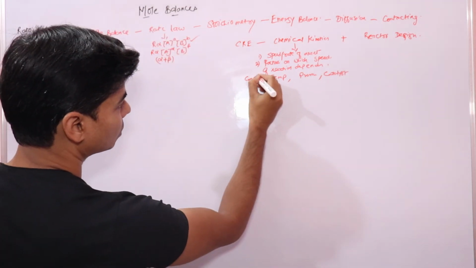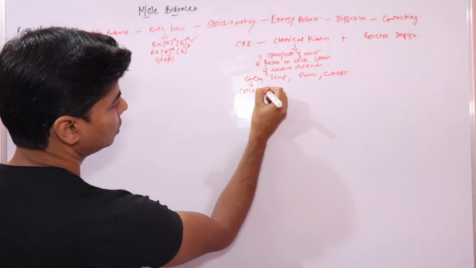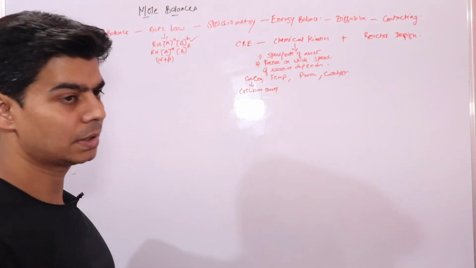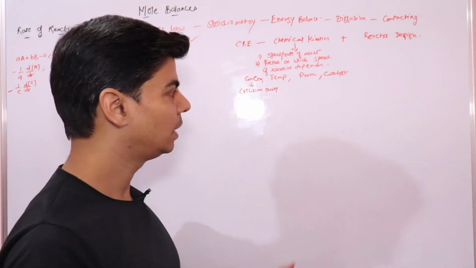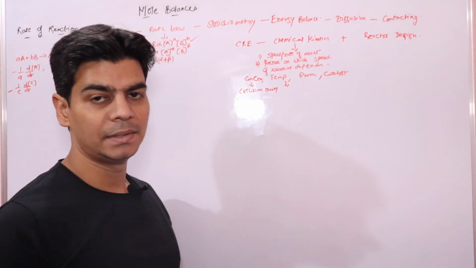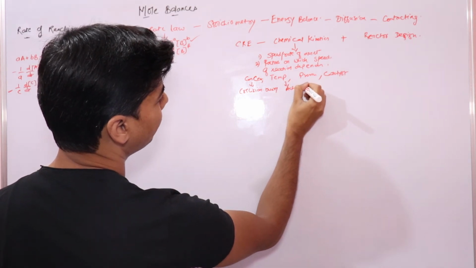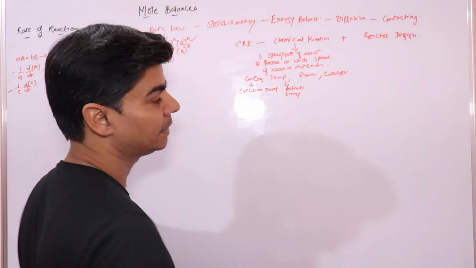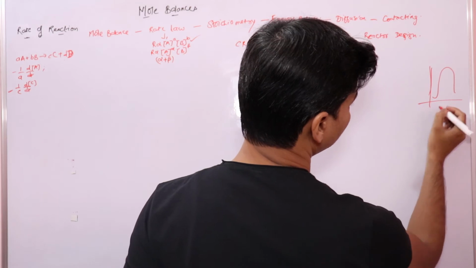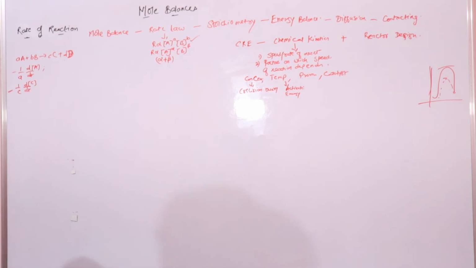When we talk about concentration, if you remember, we studied collision theory. You should be clear with all these things. I have a playlist on chemical kinetics. If you have any doubts, you can go through and look for all the lectures on these topics. Temperature, if you remember, is your activation energy, right? Activation energy. And make sure you understand that diagram that we've studied. It used to look like this, right? And how catalyst used to bring down this energy barrier. You should be clear with all these things, right?